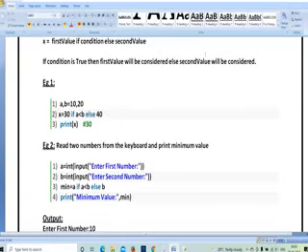Once again, a, b is equal to 10, 20, means a is equal to 10, b is equal to 20. Here I have given x is equal to 30, and a condition a is less than b. If a is less than b, print x, else 40. It means if a is less than b, I get the result x value, whatever x has stored. If a is greater than b, I get the result 40. In this case a value is less than b value, so that is why I got the output 30.